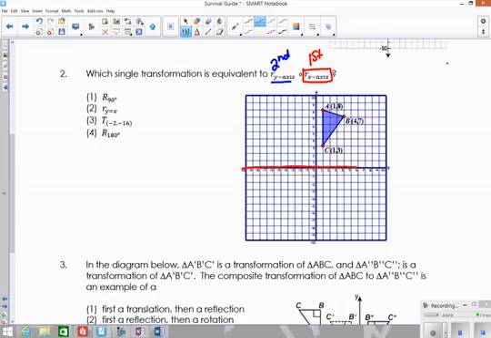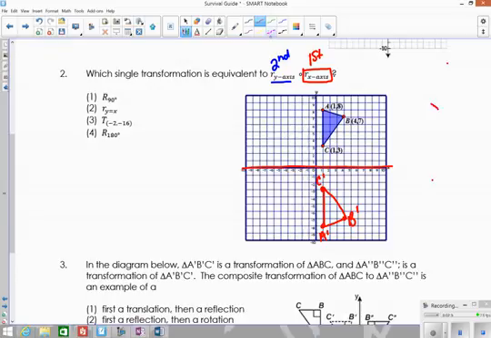That means if we're reflecting over the x-axis, we're going to count however many units it takes to get to the line. That's how many units we're going to go from it. So C prime will be here. A is 8 units to the line, so we're going to go 8 from it. And then B is 7 units, so go 7 more. And there's the first reflection. And then the second reflection